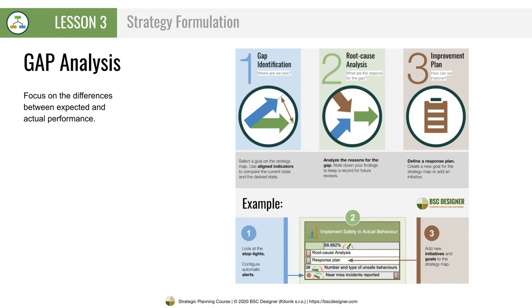Here is an example of gap analysis in action. This month we have got 20% more leads than expected. That's a gap, something unexpected. What were the reasons for the gap? Did some marketing channel work better than you expected? Should you add a new strategic hypothesis to the marketing strategy to explore this channel more?